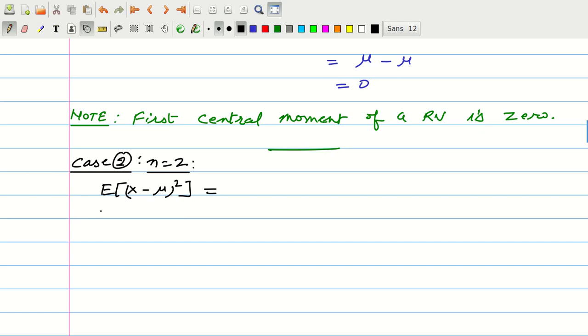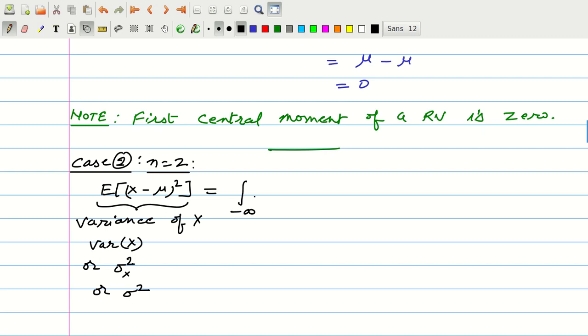The second central moment is also called the variance of X, denoted by VAR of X, or sigma subscript X squared, or just sigma squared. By definition, the second central moment becomes integration minus infinity to infinity small x minus mu squared into the PDF,